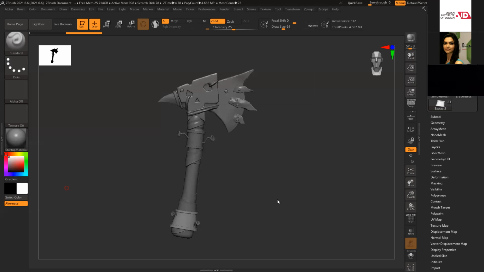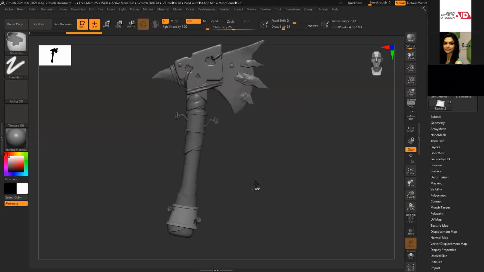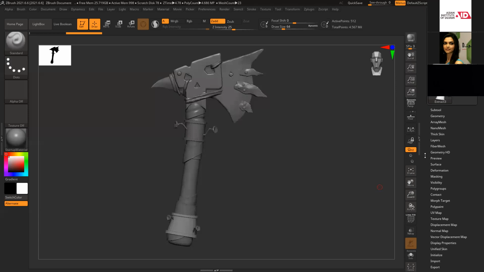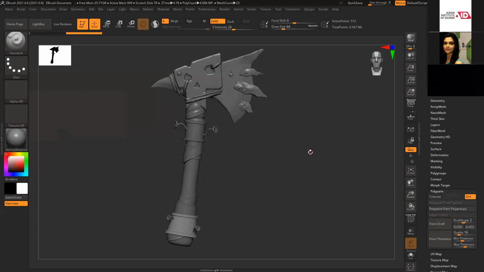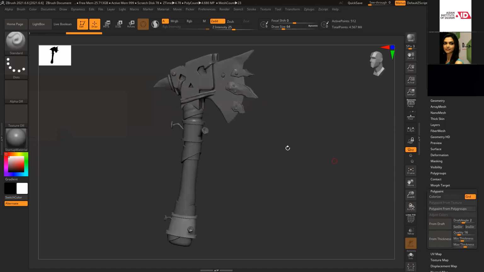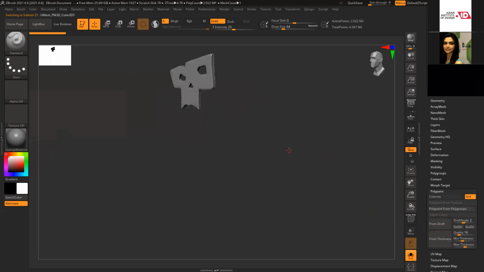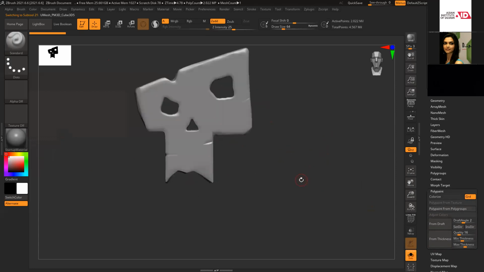Three of you have joined. So as in the last class, we discussed a couple of brushes and all the settings. Now there is still a lot of stuff in ZBrush, like all these options. We need to know the function of all of these. I'll show you a few things. Let's see, I have this one, and I'll simply isolate it.